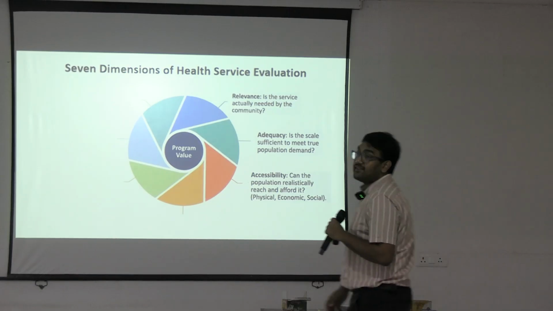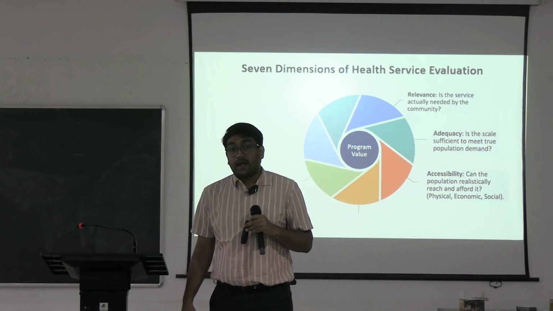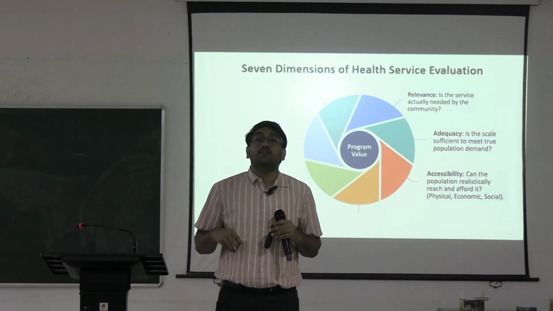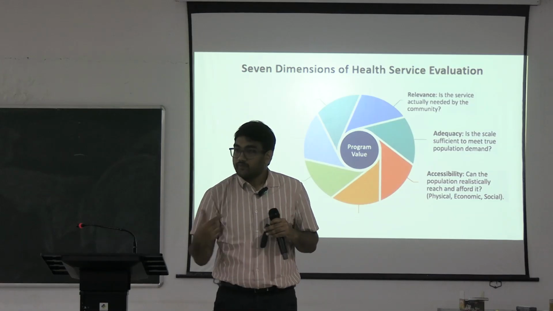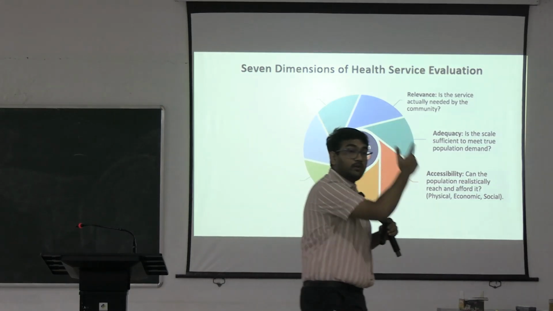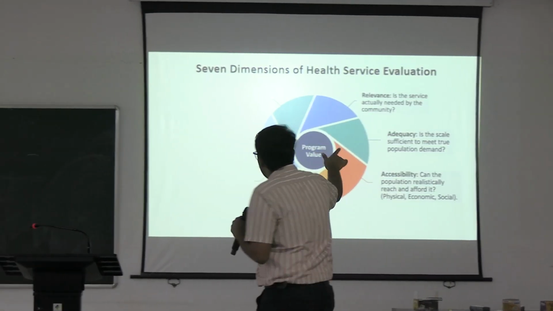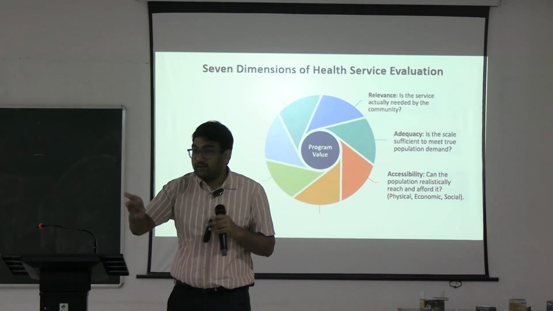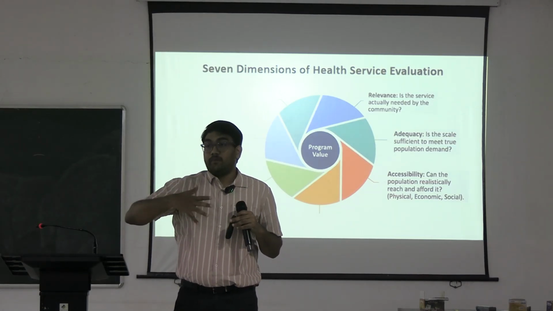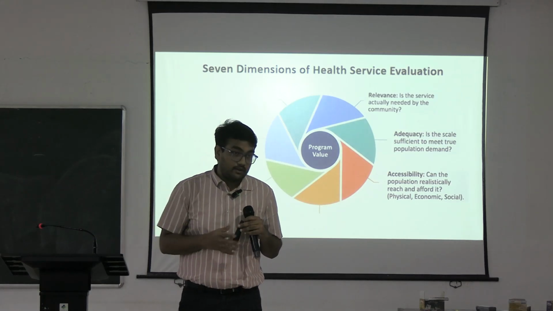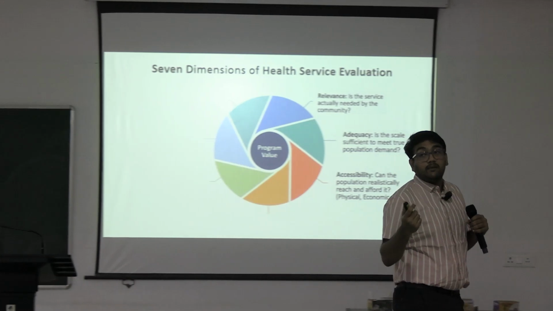accessibility. Accessibility can be of different types. একটা হচ্ছে সিম্পল মোস্ট, আমরা অ্যাক্সেসিবিলিটি বললেই সবার প্রথমে কোন জিনিসটা মাথায় আসে? ডিস্টেন্স, তাই না? আমার বাড়ি অনেক দূর, ইমিউনাইজেশন সেন্টার অনেক দূর, যেতে পারবো না। ভ্যাকসিন আছে, সো ইট ইজ adequate supply is there, but it is not accessible to all populations. It's not accessible, তাই তো? তাহলে accessibility can be physical, can be economic, can be social. Physical মানে এই যে বললাম ডিস্টেন্স,